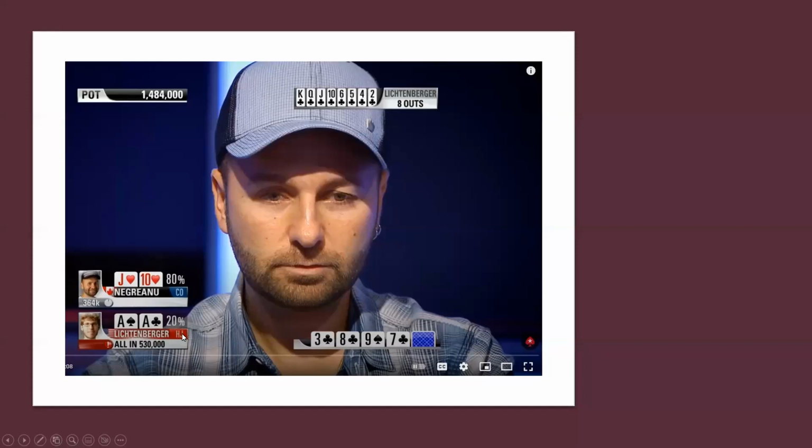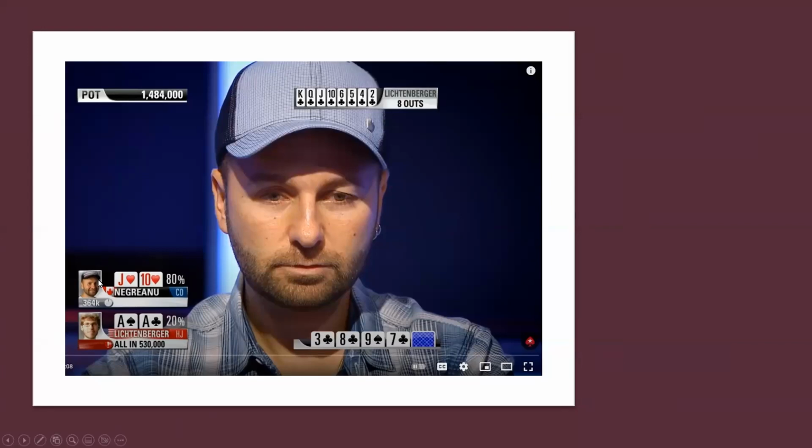But this information is only shown to the viewers on TV or on the internet. The players themselves do not know what these odds are, for the very simple reason that they don't know what the other players' cards are. But let's just imagine for a second that we are a fraud, and for some reason I know what the other players' cards are. In this case, I would be able to calculate the odds.